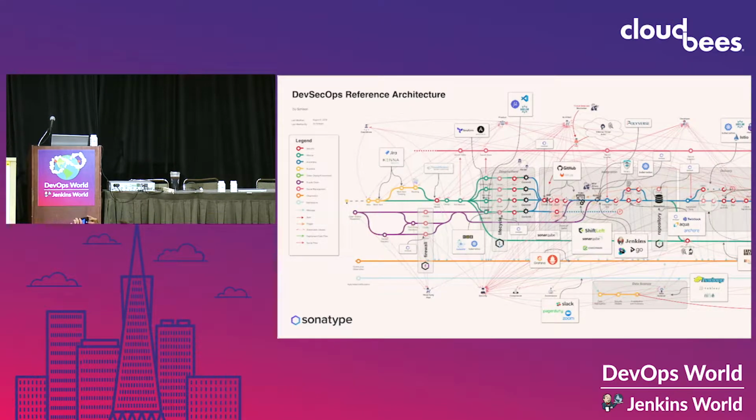So this is the start of the DevSecOps reference architecture that we're putting out in public today. I'll give you a link after that you can take a look at it. It's a little bit massive, and it goes on to the next page. But what it's meant to do is show interactions and how supply chain